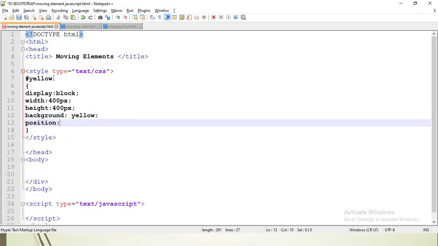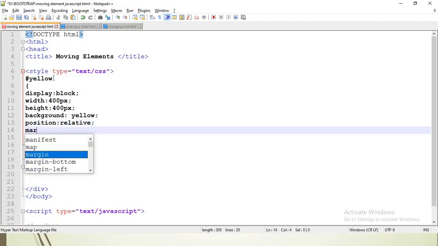And position should also be relative. Since I want this block to be placed at the middle of the web page, this margin top 20px, why I'm giving, because I want a gap between the button and this yellow field, so I give margin top as 20px.